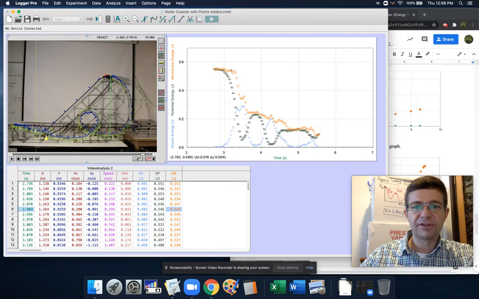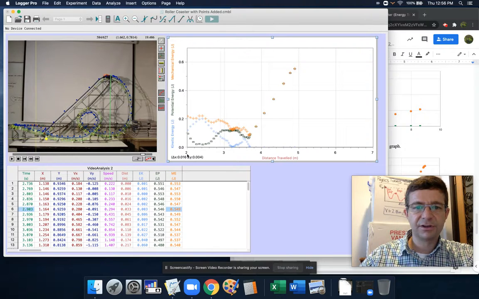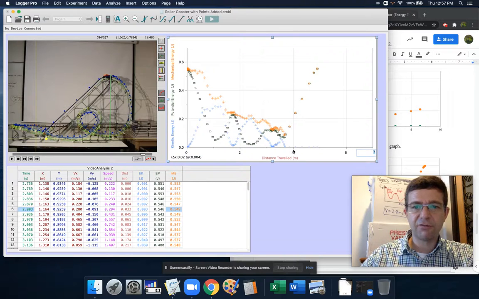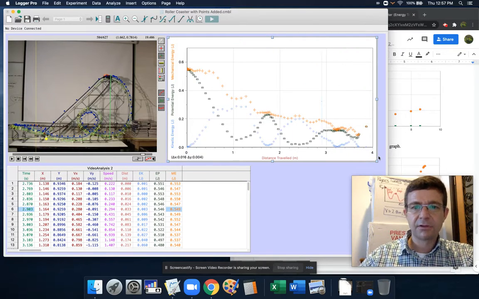So we're looking versus time, which is one way of thinking about how these changes take place. But we can also graph this versus the distance traveled. And if we go from 0 to, it looks like, about 4 meters, we have another image here of how this is changing. The reason it's nice to look versus the distance traveled is because here we can think about the change that we have in the mechanical energy as a function of distance, and that's going to make it easier to calculate those